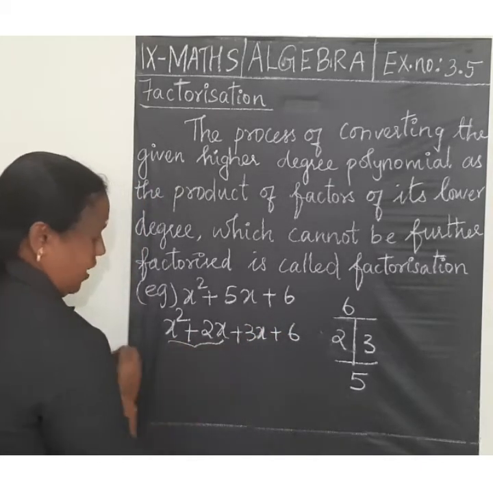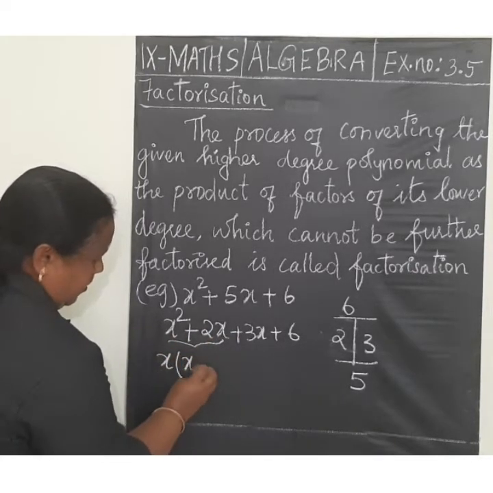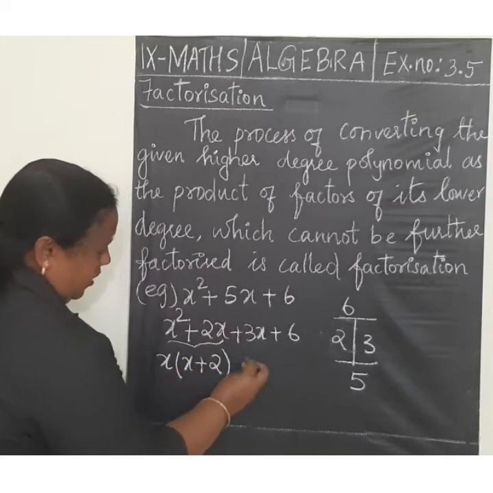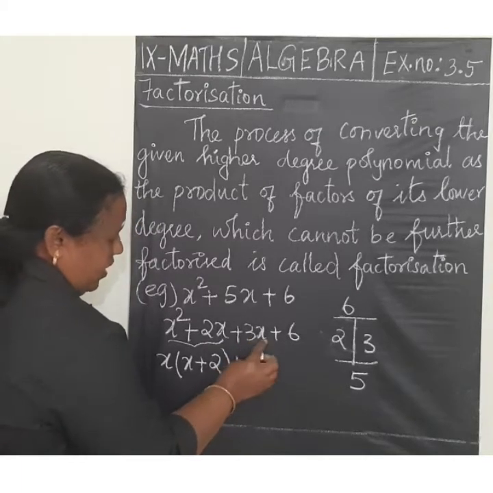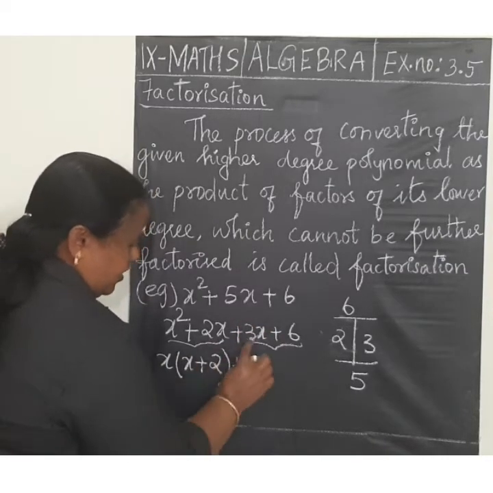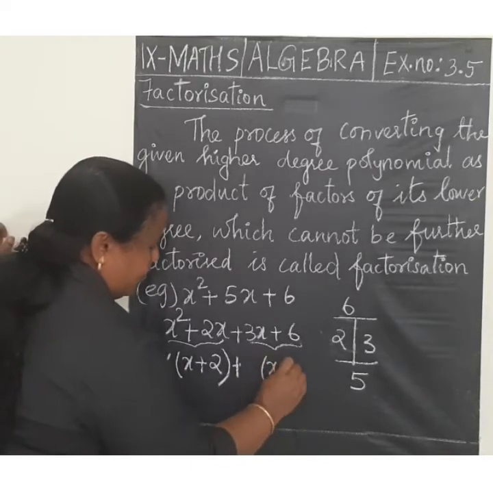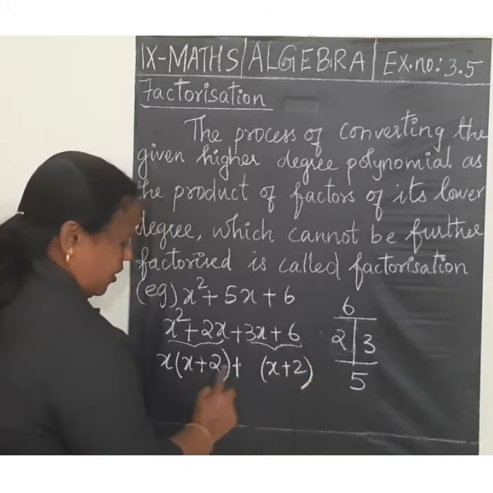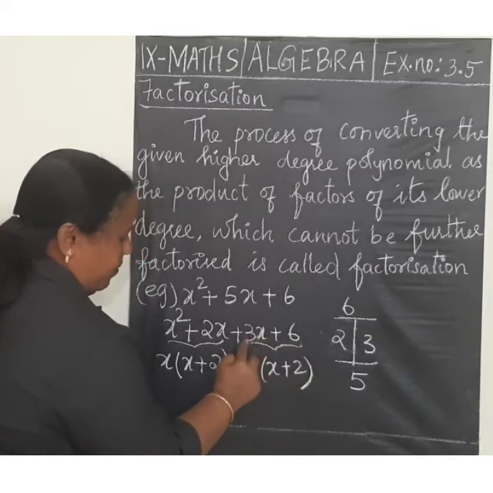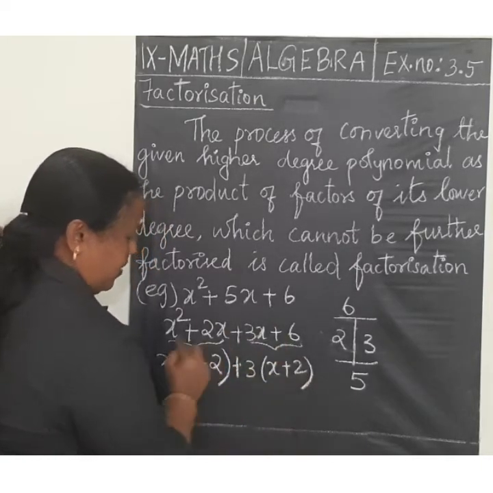So first we have to combine these two terms. In these two we can take x as common. We have taken x outside, so x plus 2, then plus 3. Next we have to consider 3x plus 6. Here we have written x plus 2, so the same x plus 2 we have to write here also, because we have to get both terms with a common factor. If we take x plus 2 from 3x plus 6, then inside we put 3 only, we get 3 into x, 3x, 3 twos are 6.